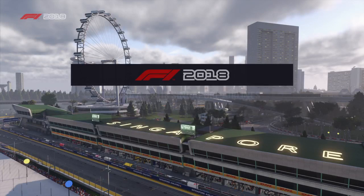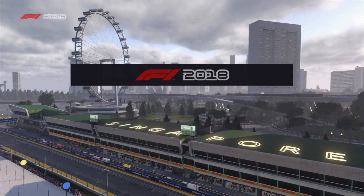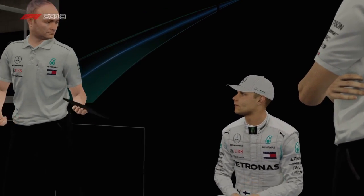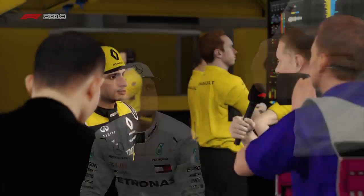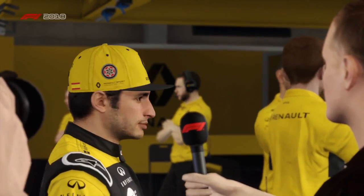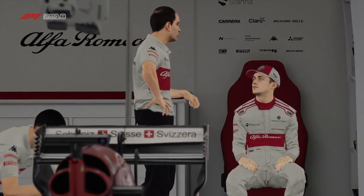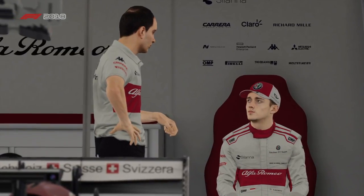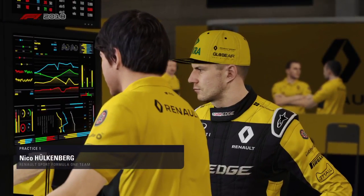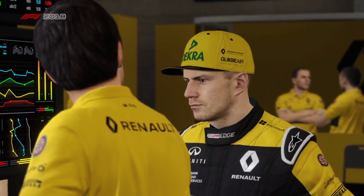A very warm welcome to all of you joining us here in Singapore as the clock ticks down towards the green light. I'm here with Anthony Davidson once again. Nice to see you, Ant, and I wanted to ask you about how you go about improving the car over the course of a practice session. How much would you say is already known from the pre-race simulations, and how much do you have to work on with a real car on a real circuit? Well, that's a good question, Crofty, and I suppose the simple answer is that there's no such thing as too much information. As you say, the bigger teams have very complex simulations, vast numbers of clever people crunching the numbers back at base, but what they can't tell you is stuff like how the track condition's going to be, or what the temperature...